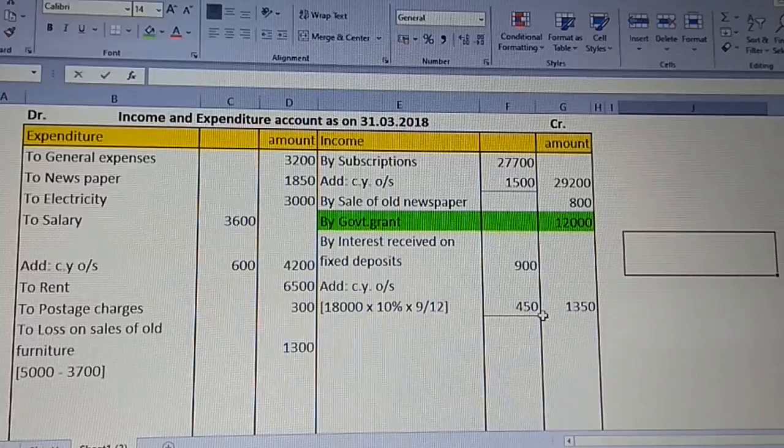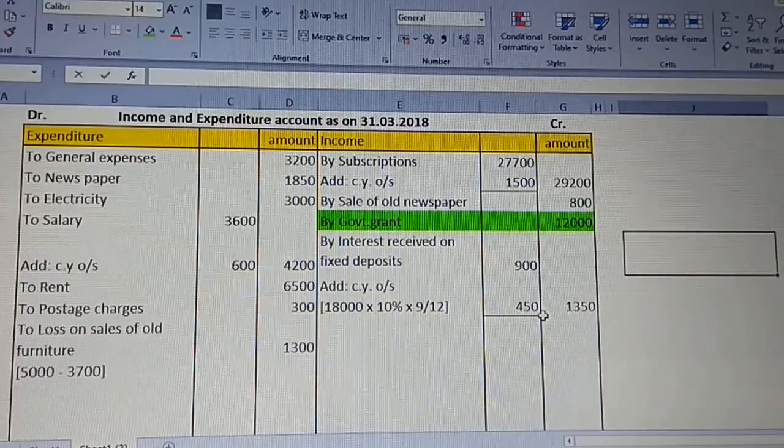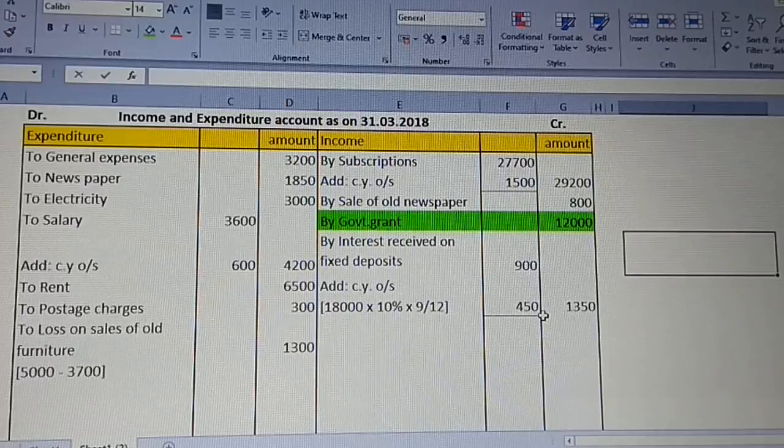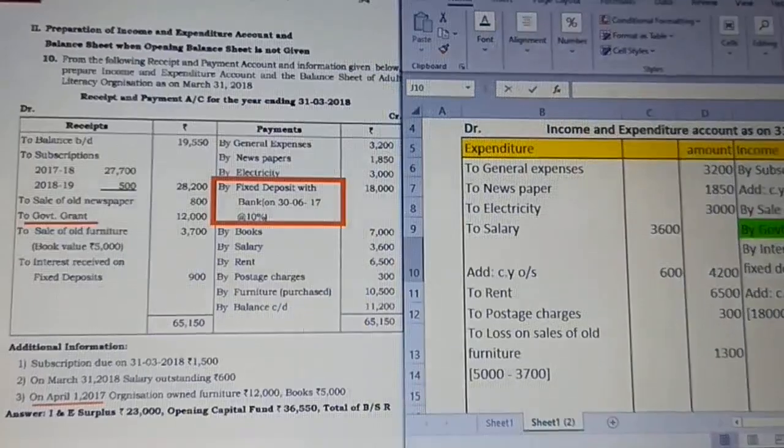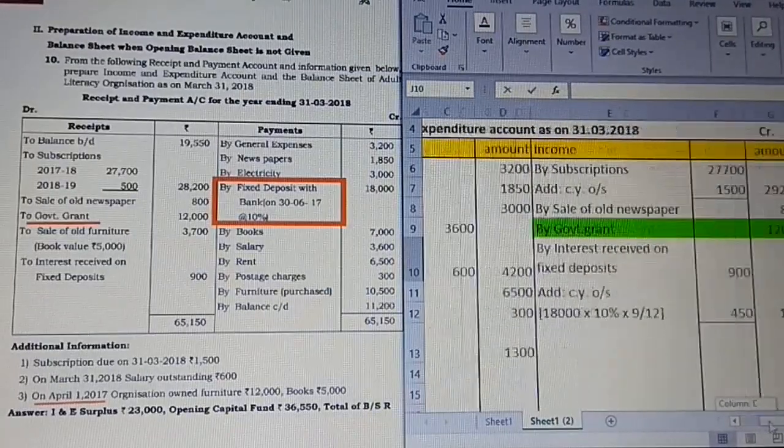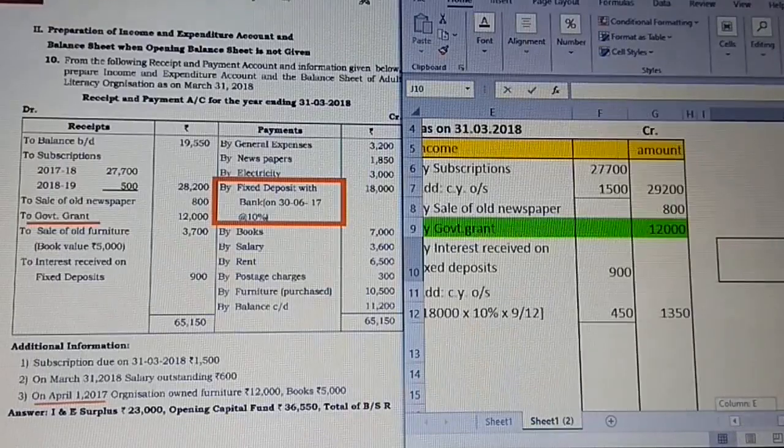Coming to the preparation of income and expenditure account, we are going to divide first on the credit side and then on the debit side. This is very simple as commonly, so just observe. So I'm going to just guide you people how I have done it, so you can try by yourself doing it once just by looking at the question. Now let me minimize it. Going for your credit side, observe clearly.